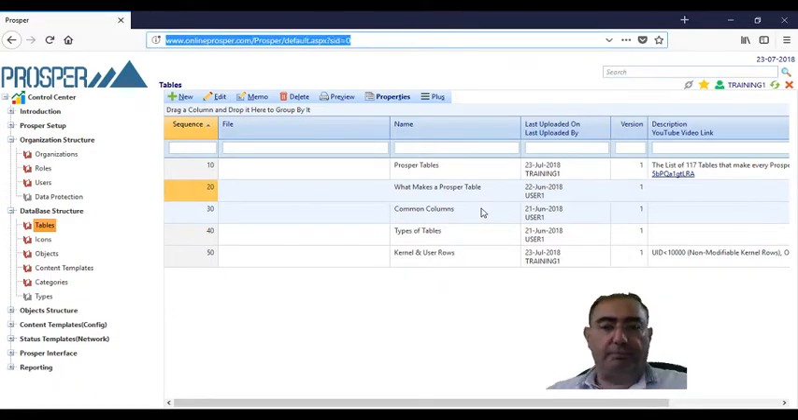When we talk about a Prosper table, or 117 Prosper tables, what identifies a Prosper table? How do we know that this is a Prosper table, not any other table? A Prosper table has a unique characteristic. It has the first column called UID, and it is of type integer,